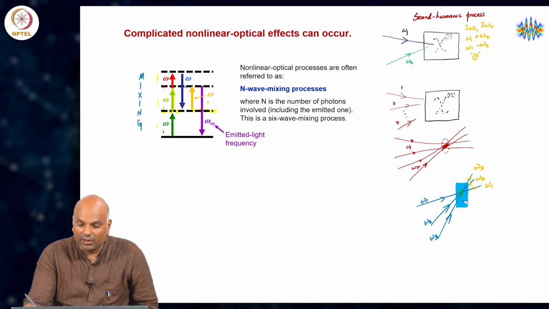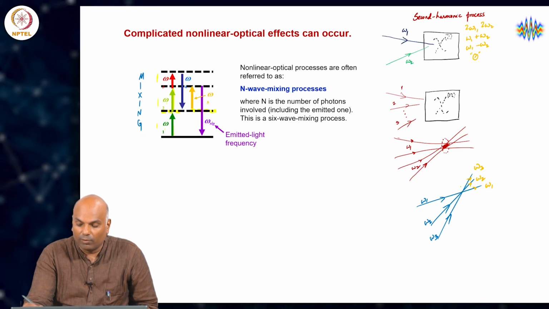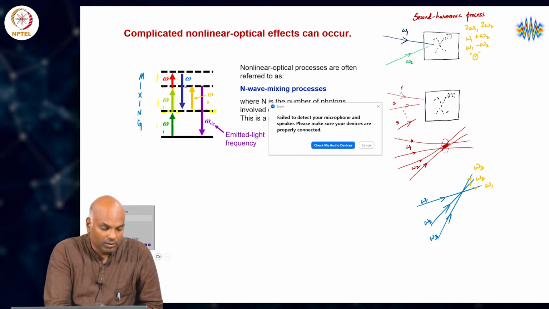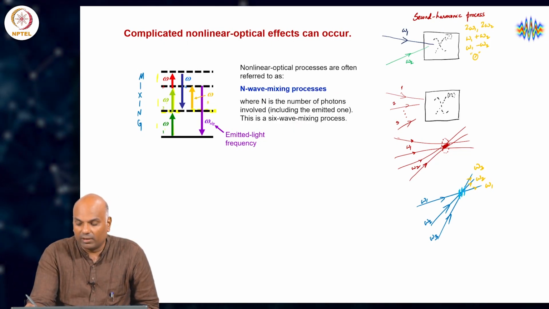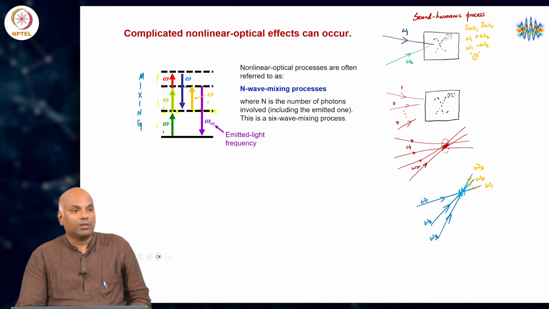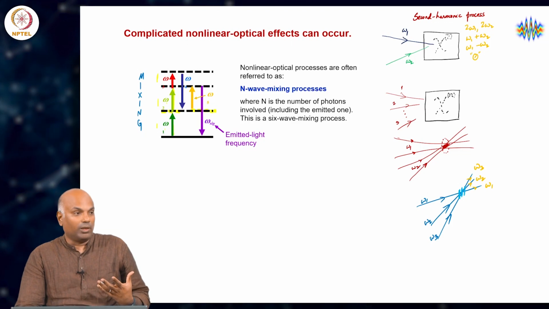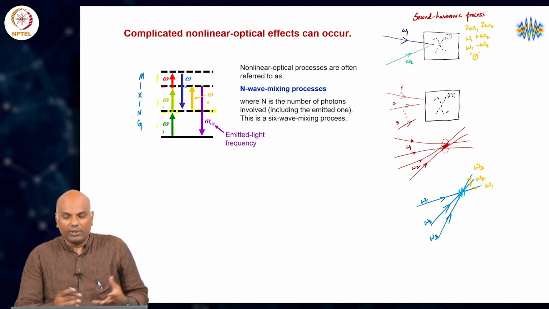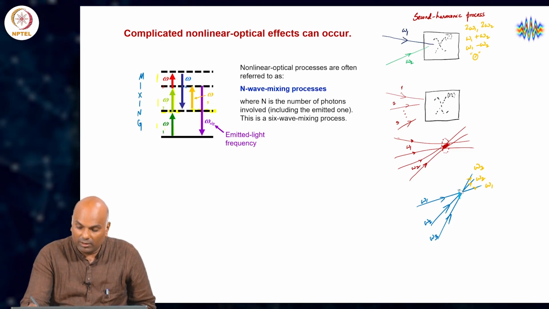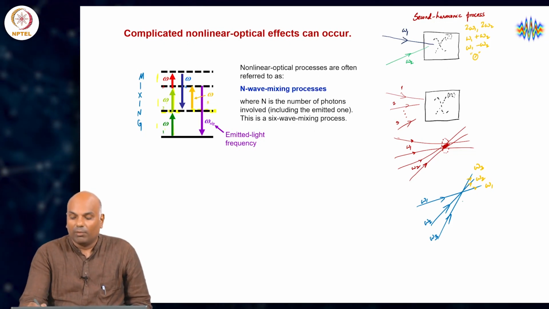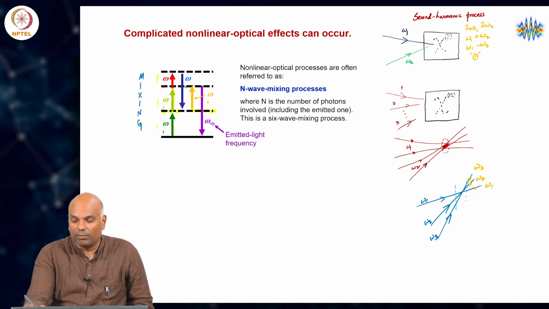We could well have seen an interference pattern in some medium, whatever may be the case, right. We could have seen fringes if we satisfied conditions for observing interference. But if they were not of the same frequency, if omega 1, omega 2, omega 3 are not degenerate, there would be interference, but we would not be able to observe it with our slow detectors, as we had spoken about. But the point being that even as such, if we had a medium